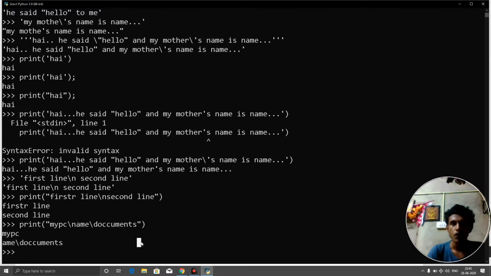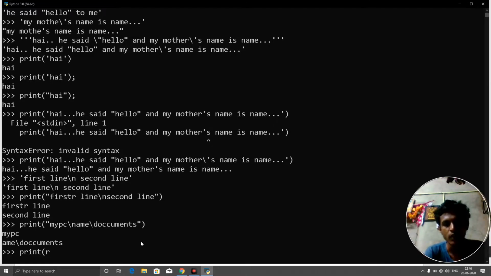For that, we need to tell Python that I'm writing a raw string and don't consider slash n as a special character. For that, we type R before putting the quotes. Before putting the double quotes or single quotes, just tell Python that you are writing a raw string.